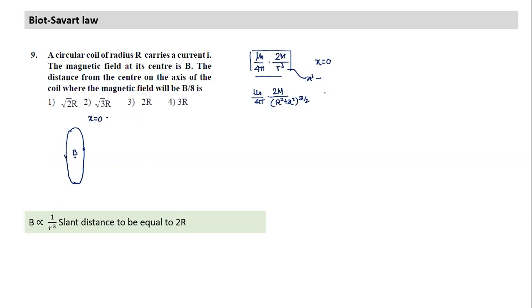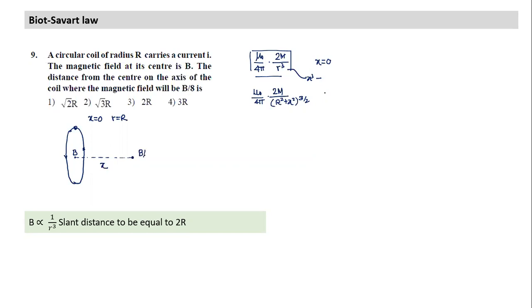X is equal to 0, and r is equal to r. That's the distance of the point from any point on the circular loop. That's the first point. Now we need the distance from the center, on the axis of the coil, where the magnetic field will be equal to B by 8. If this point is B, what we need to find is the distance x, where the field is equal to